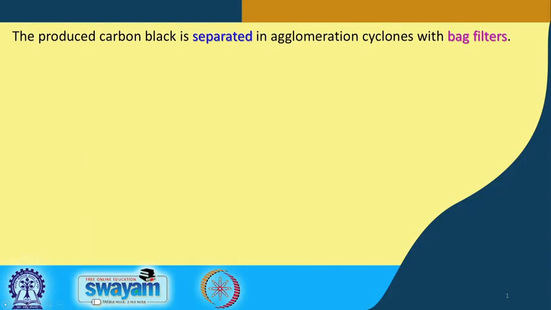Hello, good evening everybody. So we are talking about the carbon black and the processing of that particular carbon black. What we have seen is that we can get some amount of carbon black by burning the corresponding carbon based material. Once we have that particular produced form of carbon black, it can be separated, because separation is always a useful task to find how quickly we can get all these things nicely.